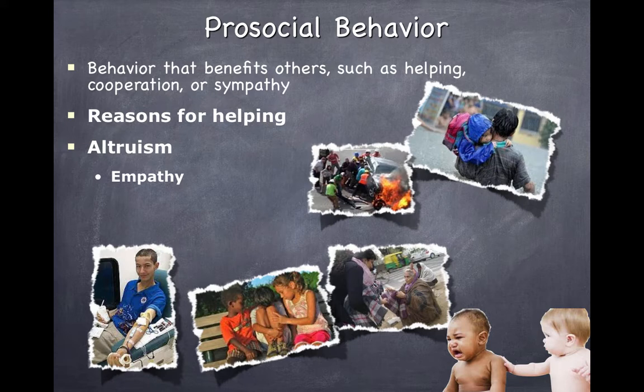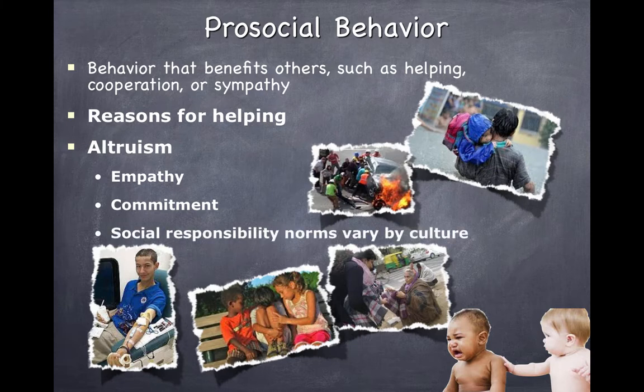Empathy is the ability to take the perspective of another person. Now, this doesn't mean you can know what they feel. It just means that you make every effort to understand and put yourself in their shoes, not trying to color it with your perspective. Commitment is where we're more likely to behave altruistically when commitment is high. We're more likely to donate to a family member than to a stranger. And so when we have a relationship with somebody, our degree of prosocial behavior is certainly increased.